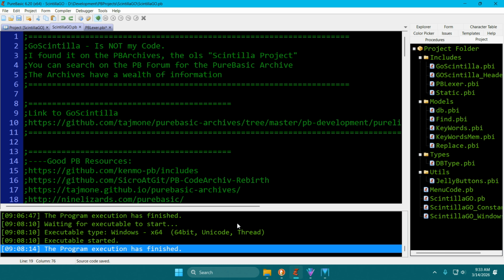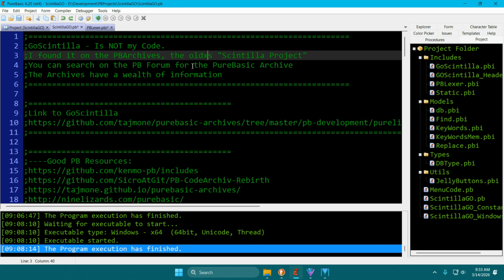This is using the GOScintilla libraries or code modules, and no, that's not my code. I actually tracked it down in the PureBasic archives. Still looking at some of this. Okay,